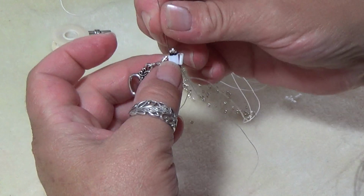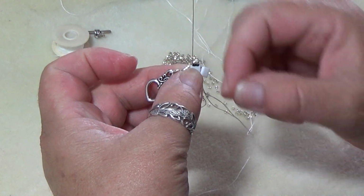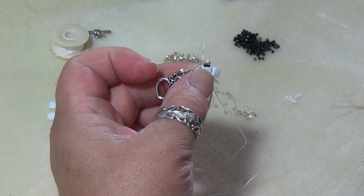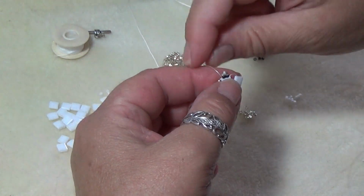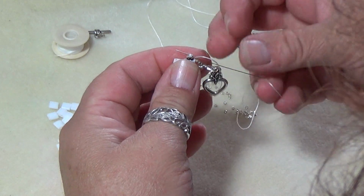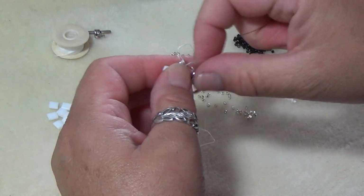But you're not going to be able to do it in one pass because your second set of delicas here are on a slant. So, and your needle's not bent to go through sideways like that, or diagonally. So now you just take your needle and go back up through the silver one and exit through the 15-0. Unfortunately, you have to go this way for every single